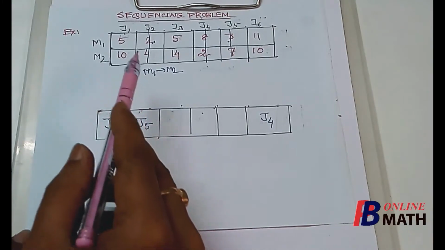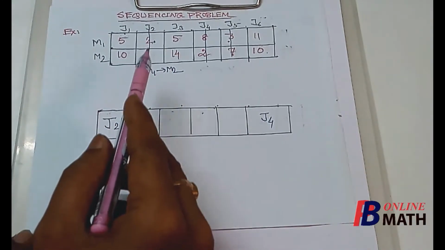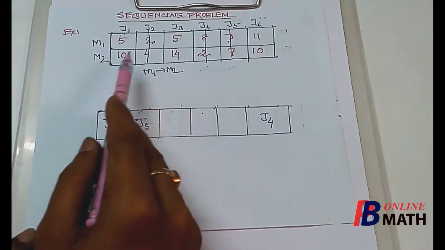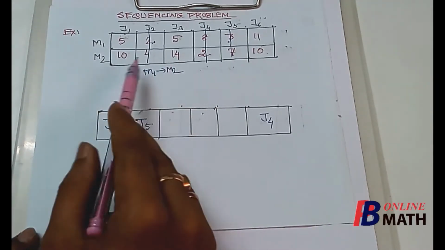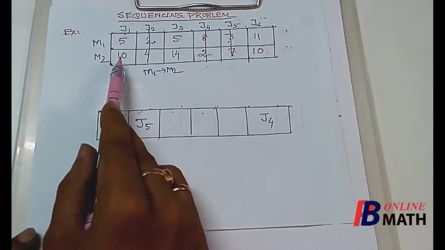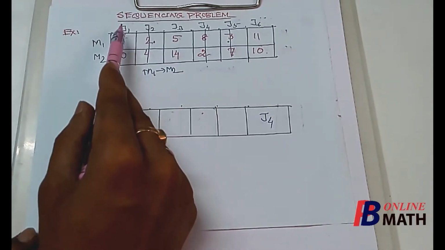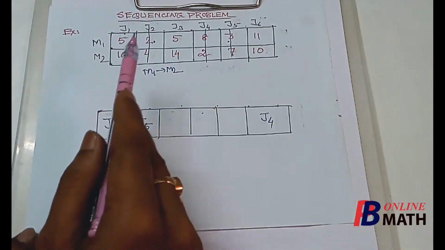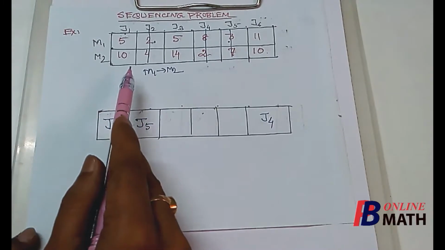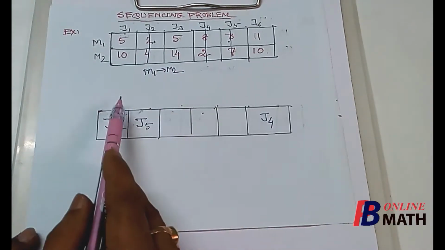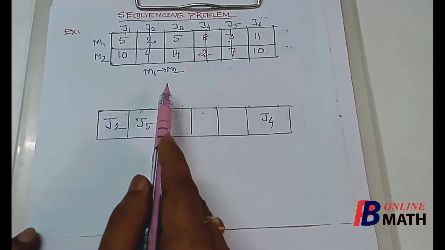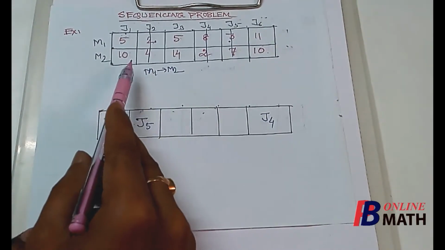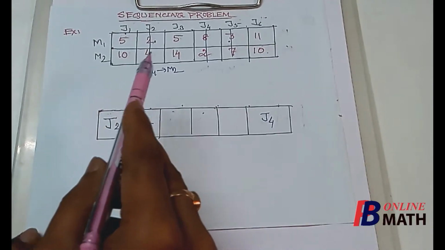That is the question. Since there is a tie, we have to check the elements in the second row. We find two elements, which are 10 and 14. Out of J1 and J3, the job which will be put first is the one for which the element in the second row is maximum. In other words, we know that we can put a job last if the element in the second row is minimum.